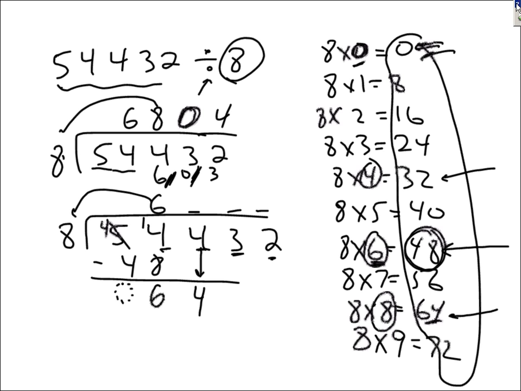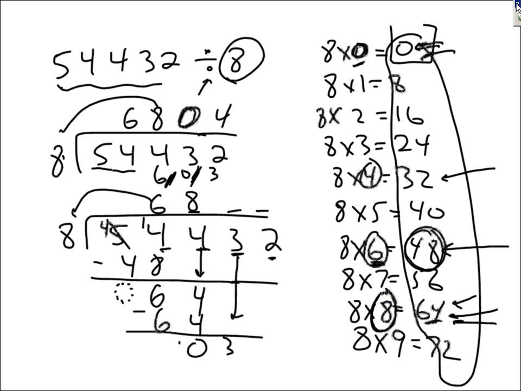8 into 64, well, there's 64 even. Goes in 8 times. 8 times 8 is 64. Subtract, you get 0. Bring down the 3. That number is just 3. 0, 3 is 3. 8 goes into 3. Well, what's the largest number on our list that does not go above 3? Answer, 0. So I put 0 up, because 8 times 0 is 0. 0 times 8